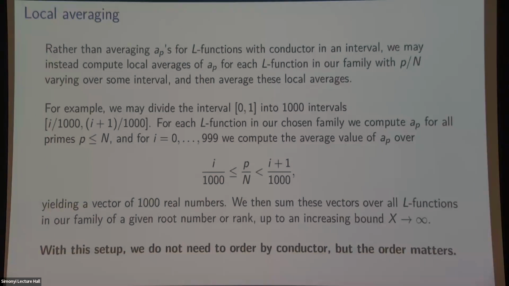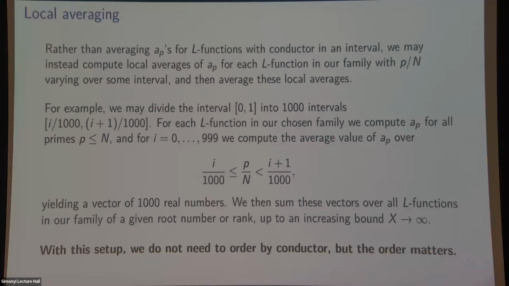And this would allow us to not constrain our family so much. We wouldn't have to constrain the interval in which the family lies. It might also impact how we have to order things if we bake the role of the conductor into our sampling. Some of the elliptic curves in our family might have huge conductors relative to someone who's right next to them.